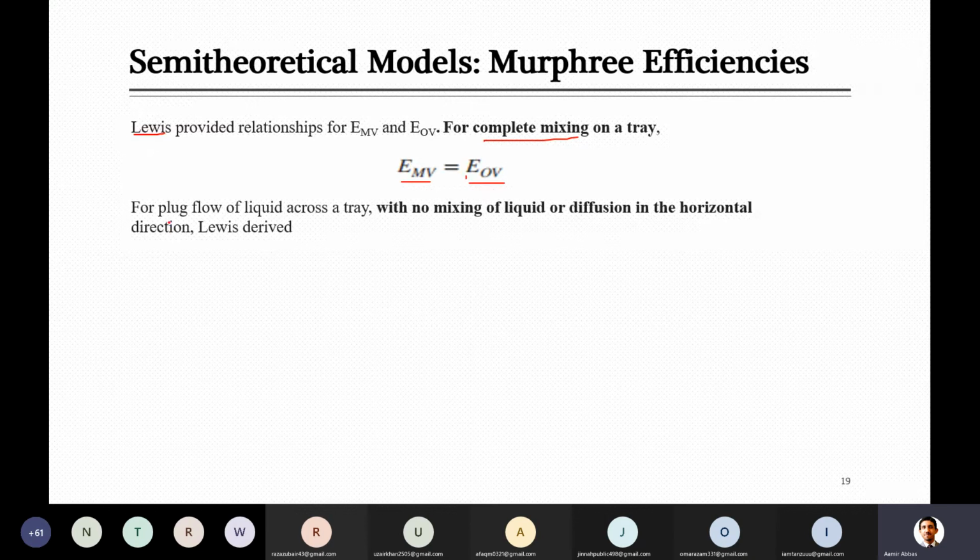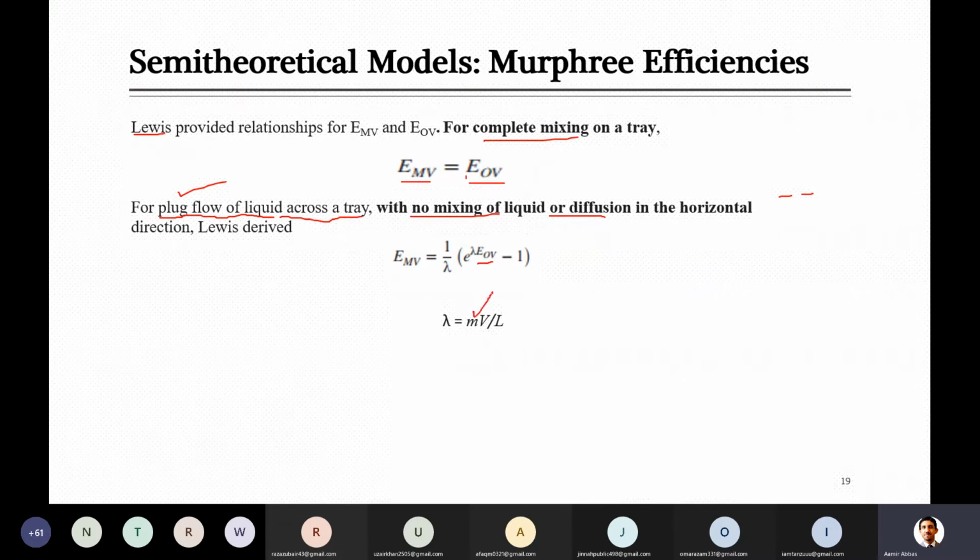But if there is no mixing, which is again considered as plug flow of the liquid across a tray, and you know that in plug flow systems we consider that the liquid keeps on moving with no back mixing, then in those cases he derived a relationship that the Murphy vapor efficiency can be linked to the Murphy vapor point efficiency by this correlation. And in that, there is something called gamma, which is equal to mV over L,